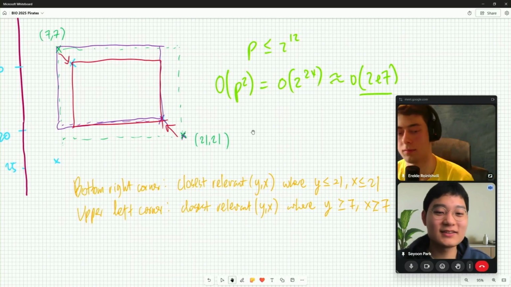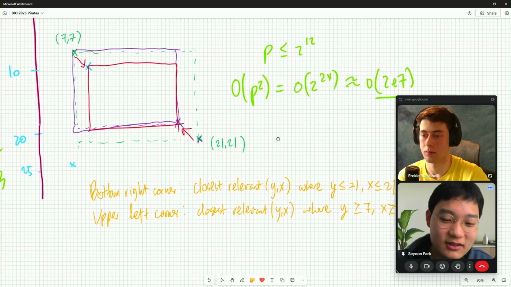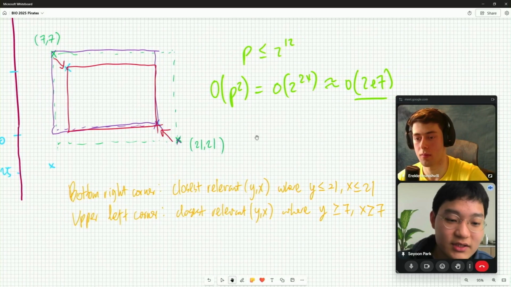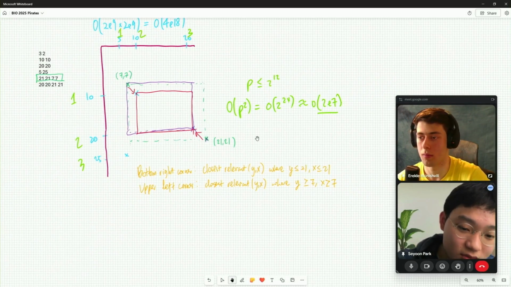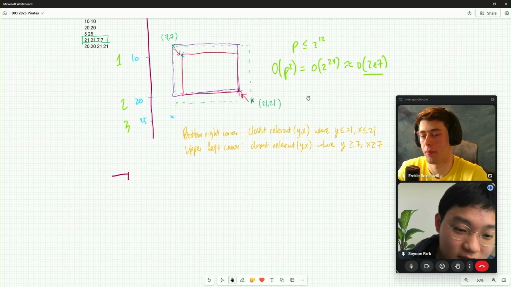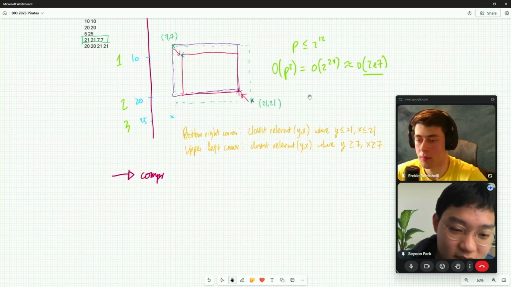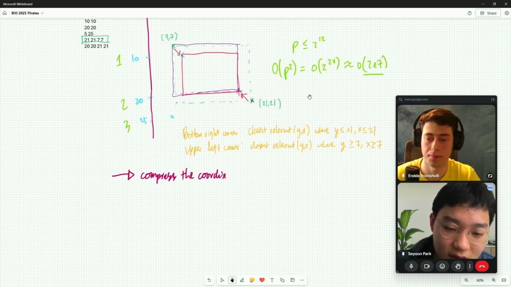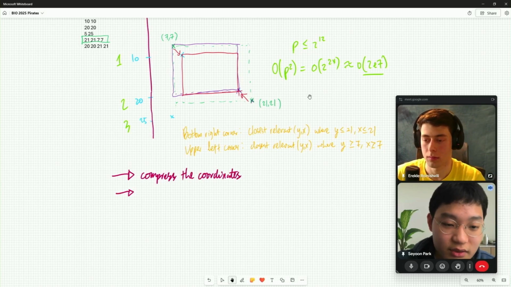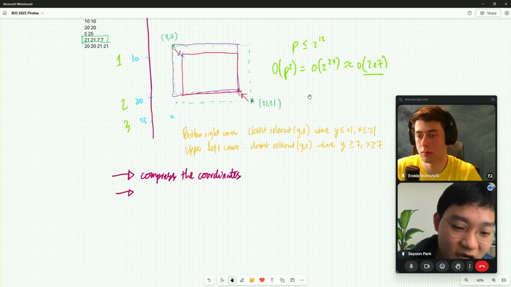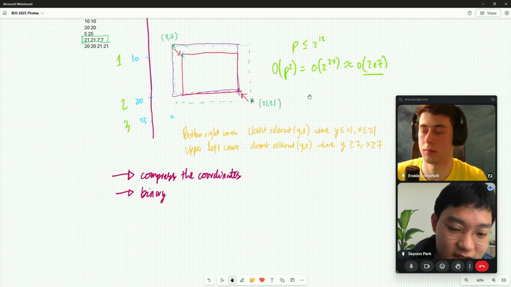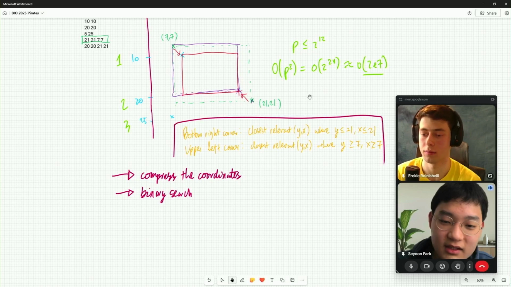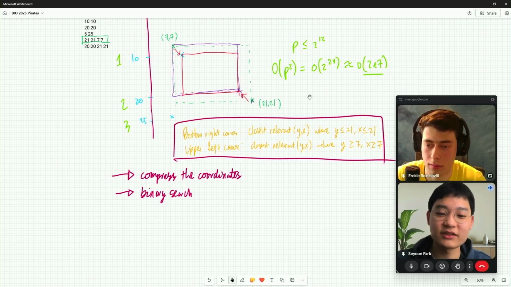So that's it really. To give you a rundown, for this question, you just need to compress the coordinates. And then for each query, you need to perform a binary search, because to find these two conditions, this is just like a binary search.